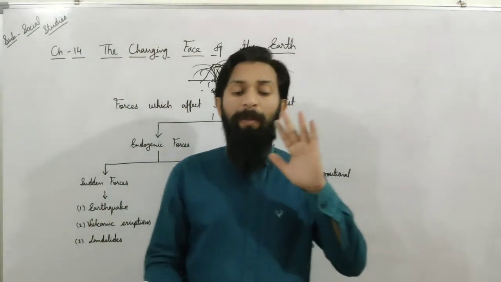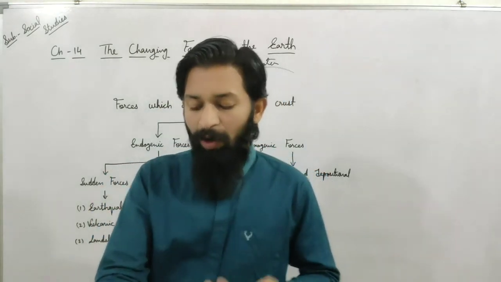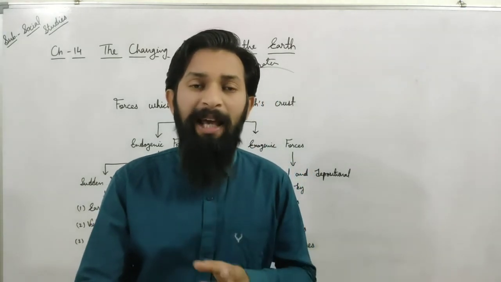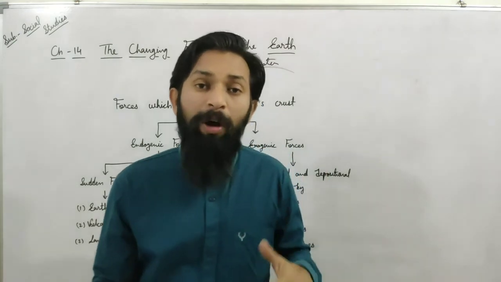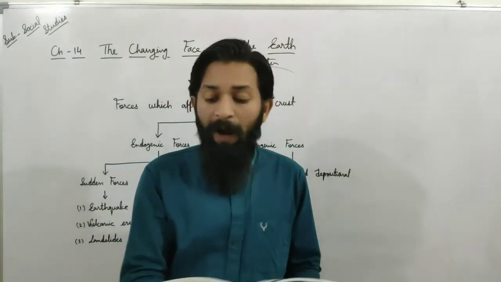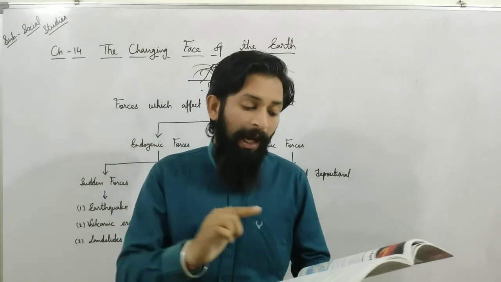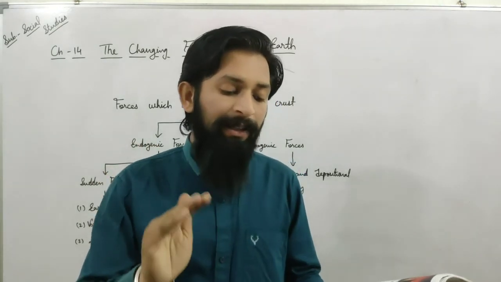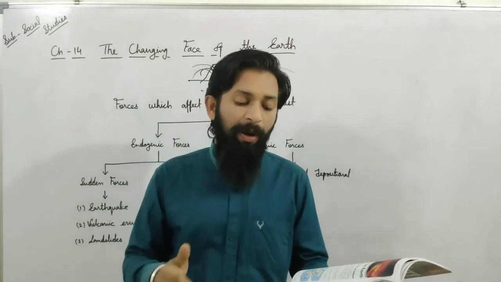After that we talked about volcanoes and types of volcanoes. A volcano is an opening in the earth's crust through which molten rocks, ashes, gases and much more are thrown out onto the earth's surface. Types of volcanoes: active, dormant and extinct. Active volcanoes erupt frequently and throw out lava, gases, ashes and rocks. These volcanoes are also known as living volcanoes, like Stromboli and Mount Etna.